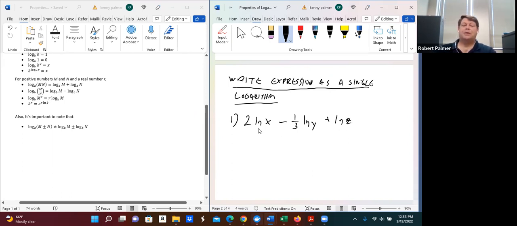So 2 times the natural log of x minus 1/3 times the natural log of y plus the natural log of z. Now first, one thing you make sure you notice: to write this as one single logarithm,